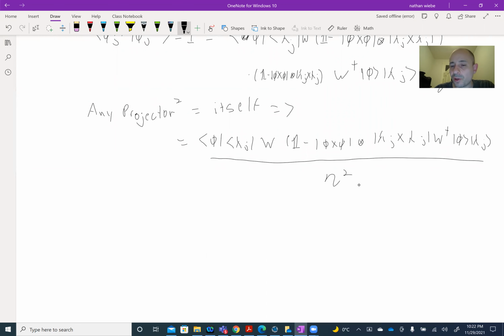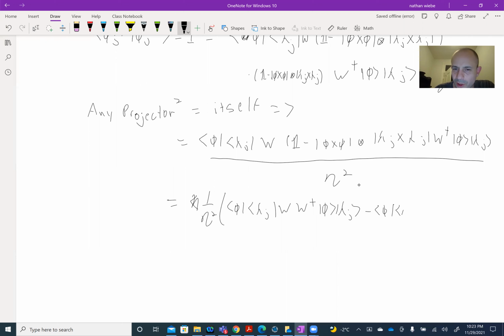What we're going to do is take a look at the identity term and the W adjoint term. The identity term is just going to give us, well, let's just factor out the 1 over eta squared to begin with. We'll get phi lambda j W adjoint phi lambda j minus